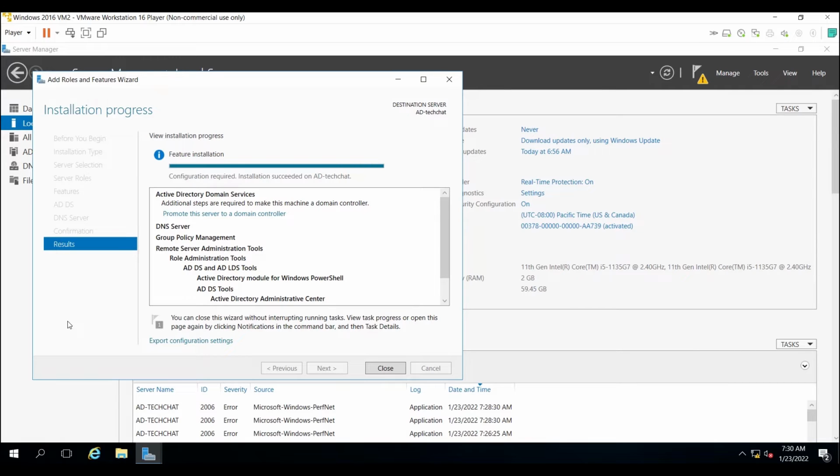Okay guys, configuration required, installation succeeded on AD-techchat. So it means that we need to do some post-deployment configuration. So close this,